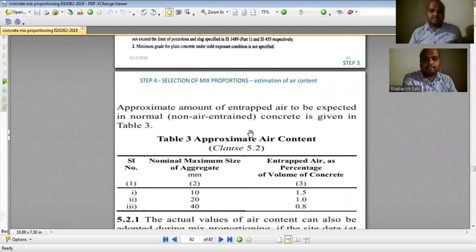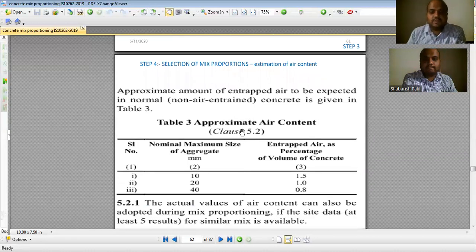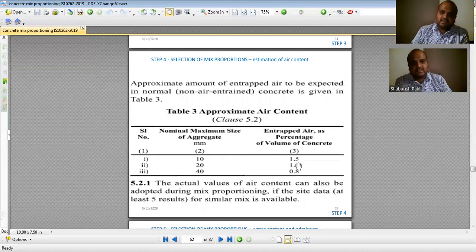Basically, the approximate value of entrapped air is supposed to be considered while dealing with the mix proportion, because air is going to be one of the parts in the concrete; it just gets entrapped into the concrete. Entrained is different and entrapped is different. Here we will be dealing with the entrapped air content, and this generally depends on the size of the aggregate,